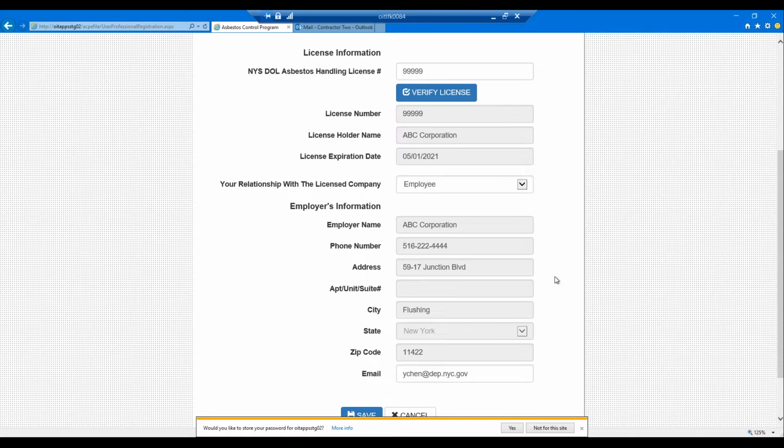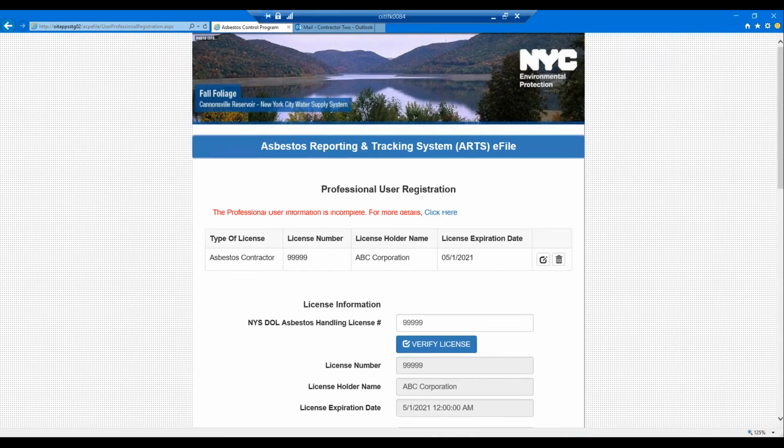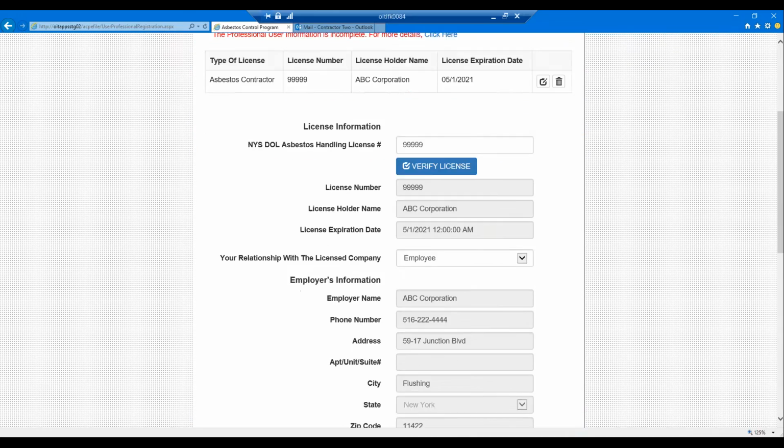Back to what I mentioned earlier, for one license, for a big company or contract company, you may have multiple RT file accounts registered and filed with the license. Okay, so when I save it here,